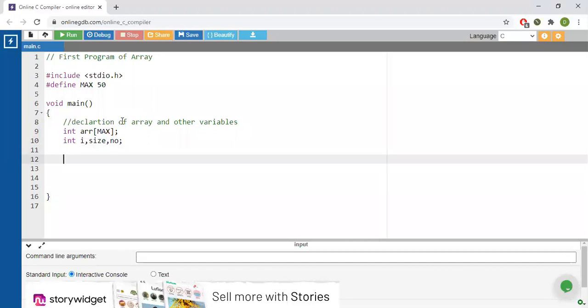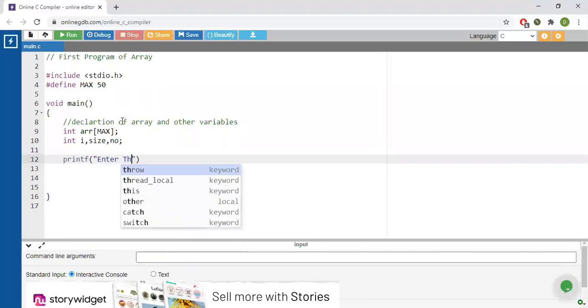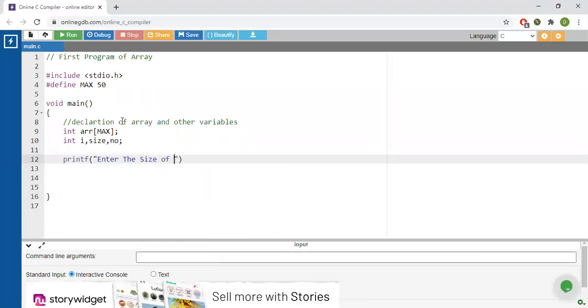Now it's time for us to ask the size from the user, because until and unless we know the size, we will never be able to understand how many elements we need to ask from the user to put into the array. So we will write a message to the user: printf, "Enter the size of array".